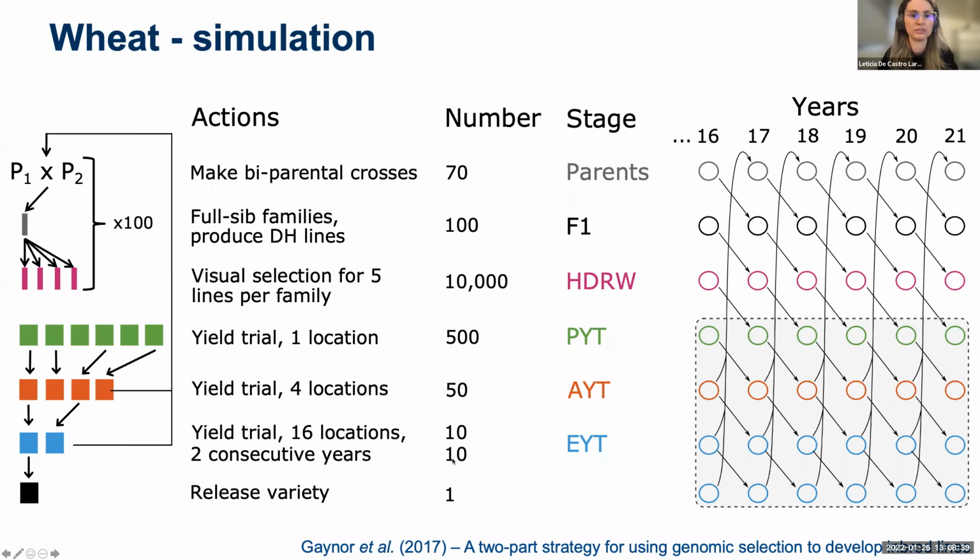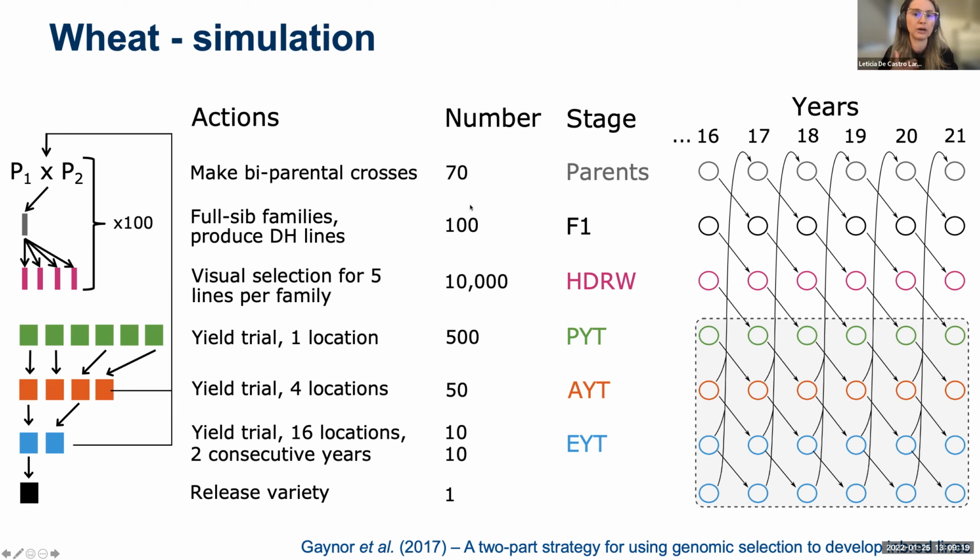Regarding the simulations, we simulated a realistic wheat breeding program with a wheat genome and selection on yield for 21 years. We simulated this wheat breeding program using the AlphaSimR program, and we also followed the breeding program described by Gaynor and collaborators. In the breeding program, we created 17 inbred lines, and we randomly crossed them to generate 100 F1 that had